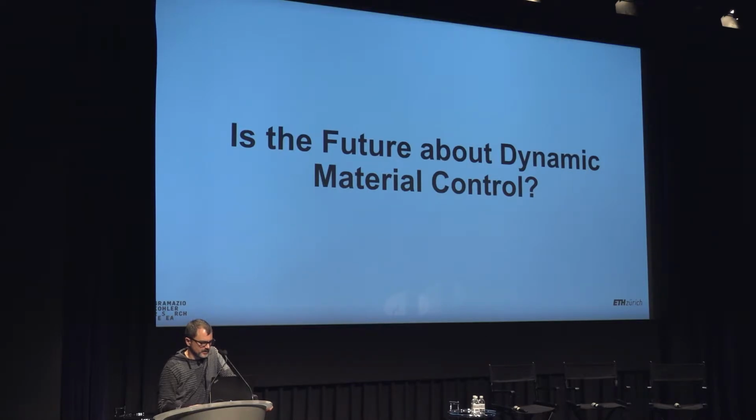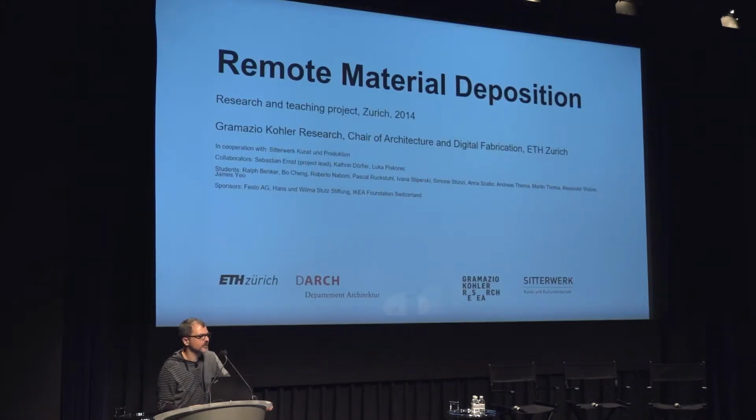Okay. The last question is, after this very precise and architectural and applied project, I want to show a few very experimental ones, questioning what material systems could be in the future. And one question in this regard is about dynamic material control, or about control in general. So is the future about dynamic material control? First project is called Remote Material Deposition. This is an installation we did a few years ago,